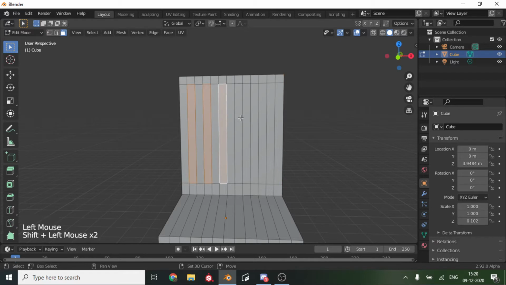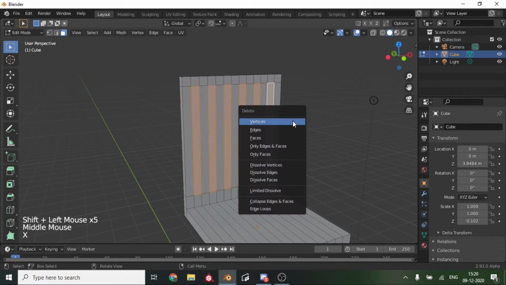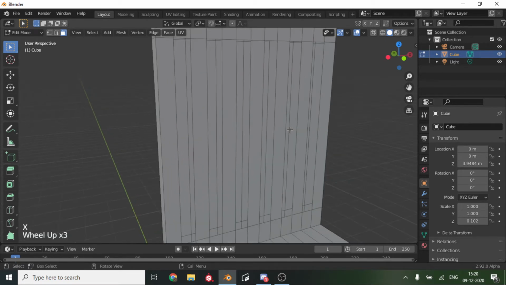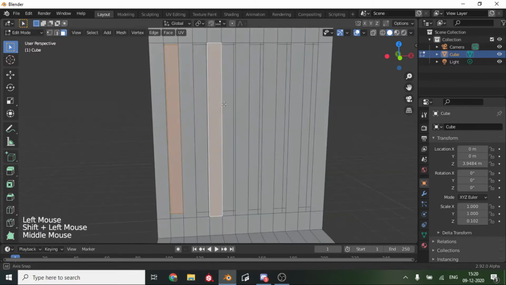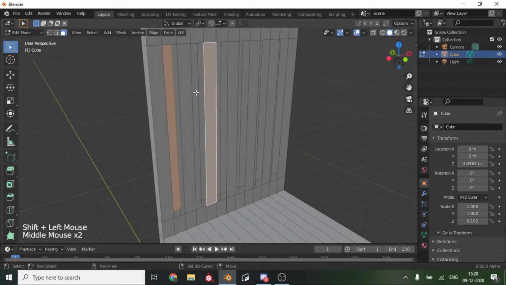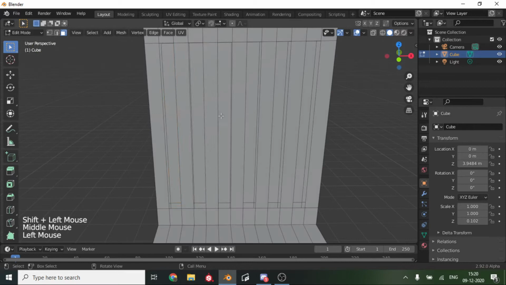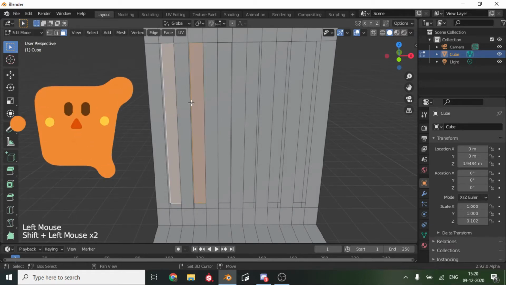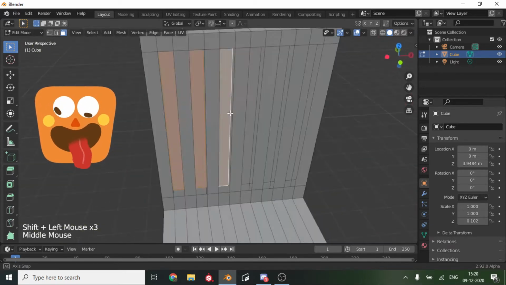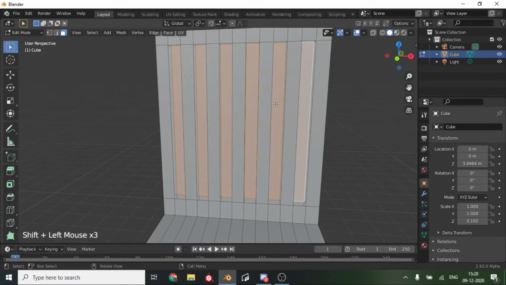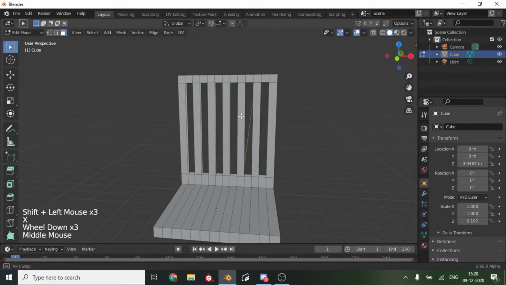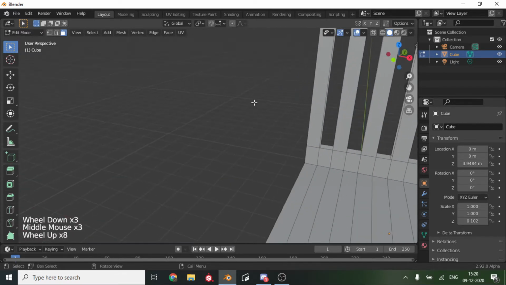So once we are done with that, we will select all these and we will press X and faces. So basically we have to select the other side as well, or else we will not have any holes. So you can use a few different angles to try and select it. Yes, like that. And once you have selected it, delete it again. So now we have the